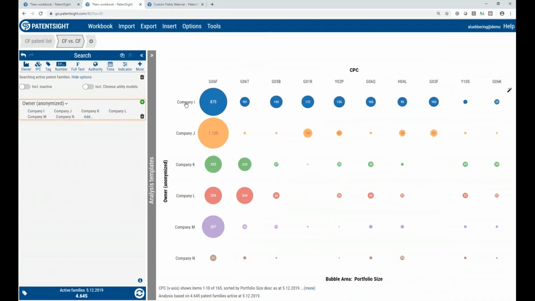So this is our matrix chart, which I really like. On the Y-axis, we have the companies, and on the X-axis, we have the technology field these patents are active in, and we see how many. So, for example, this company J has 100 patents in G01R. The thing is,